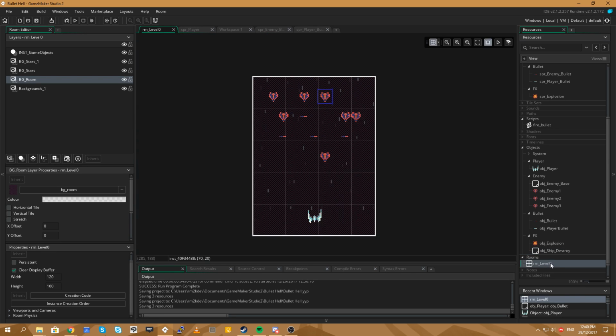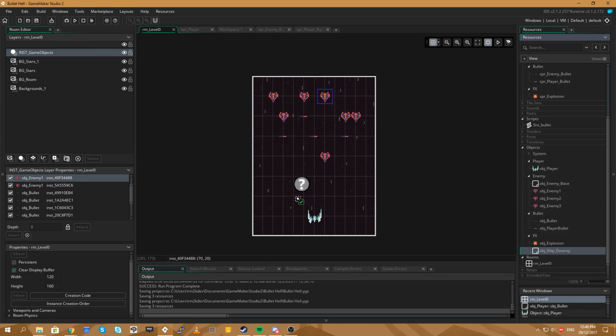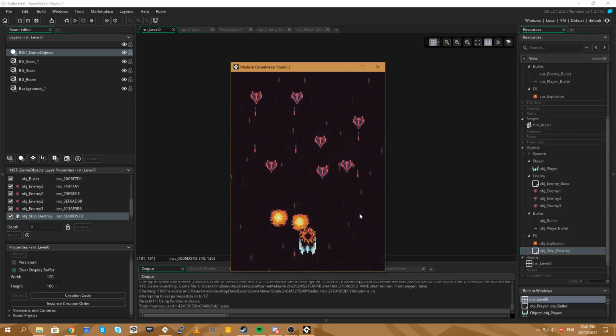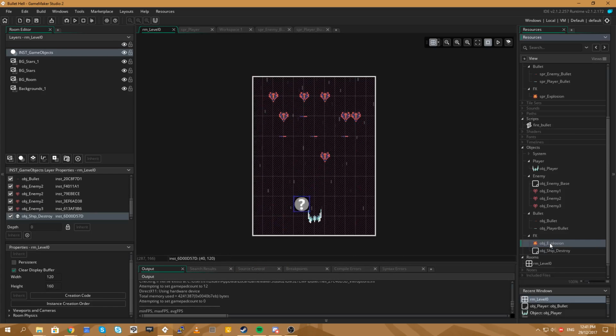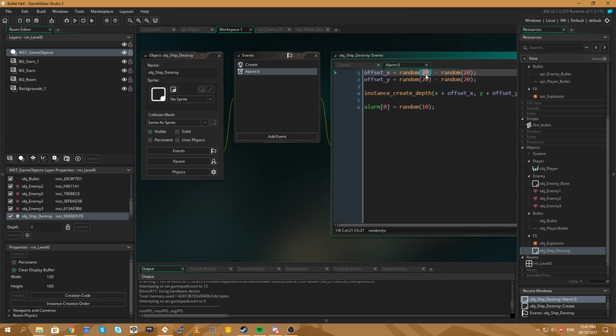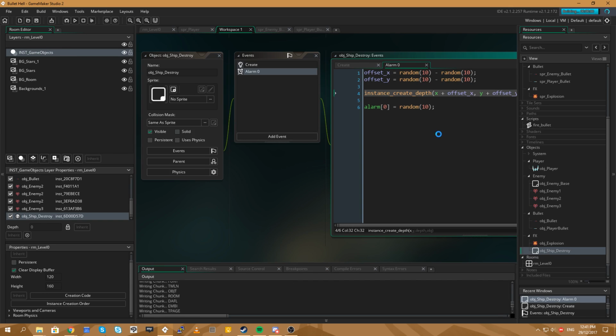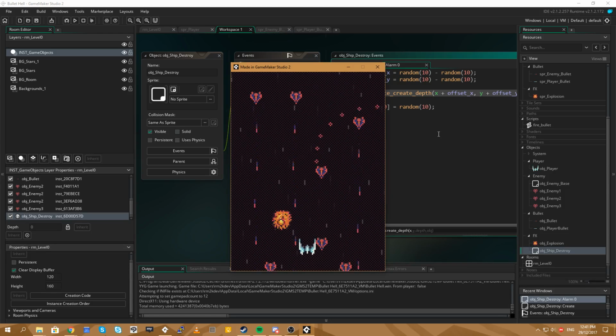Right, now let's just have a look and see if we're getting a really nice sort of splatter pattern of explosions. Okay, that'll do. There we go. We're getting a nice little splatter pattern of explosions there. The offsetting is too much, so let's reduce that a little bit. Let's make that 10 to 10. So I forget the scale of this game. Everything is really small. So we'll go 10 to 10, so we get closer bullets. Like that.